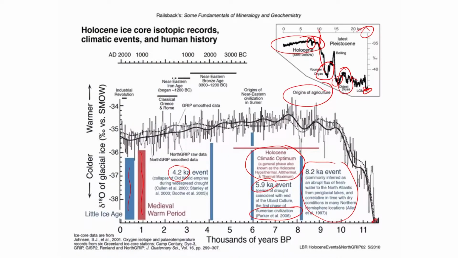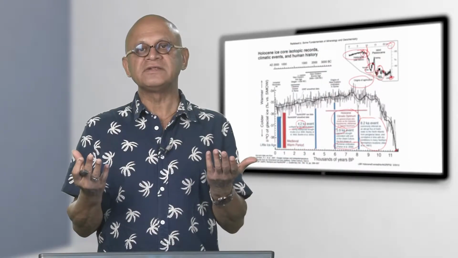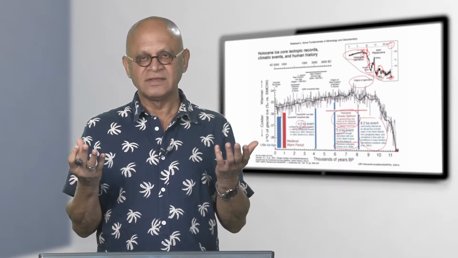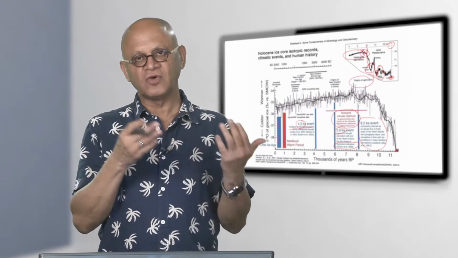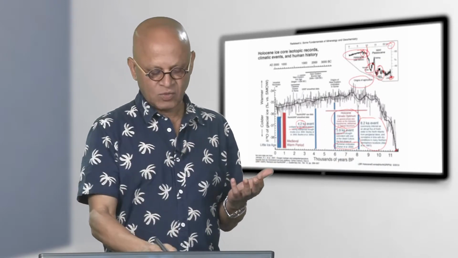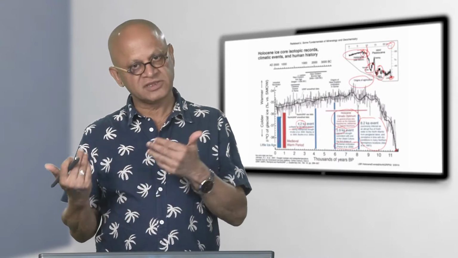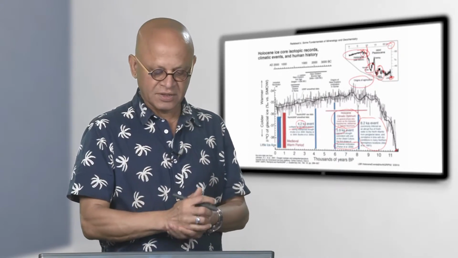The 4.2 kilo year event corresponds to, again, the collapse of some of the old world empires, including our region, Mohenjo-daro, Harappa and so on. And the medieval warm period, we will see, corresponds to, for example, the most striking example of that, the Greenland ice melting providing enough agricultural land, and the Vikings going and settling on Greenland, and when the cooling started and the little ice age came, they had to go back or they disappeared. So, we will see that a little bit more.